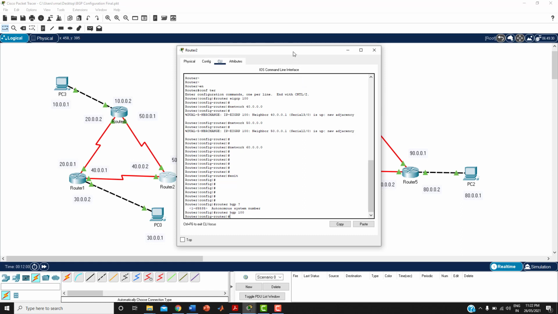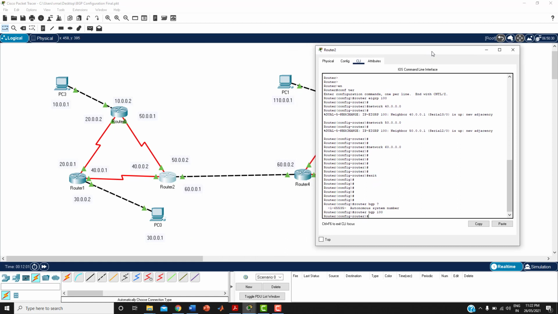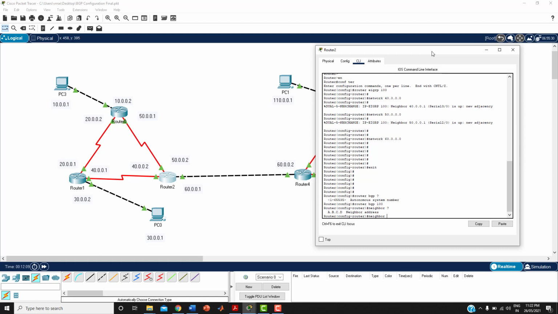Now the next command is neighbor. I'm giving a question mark. So neighbor IP address, you have to give an IP address. So the IP address of the neighbor is 60.0.0.2. I'm in router 2 actually, configuring my neighbor. So 60.0.0.2 is my neighbor.